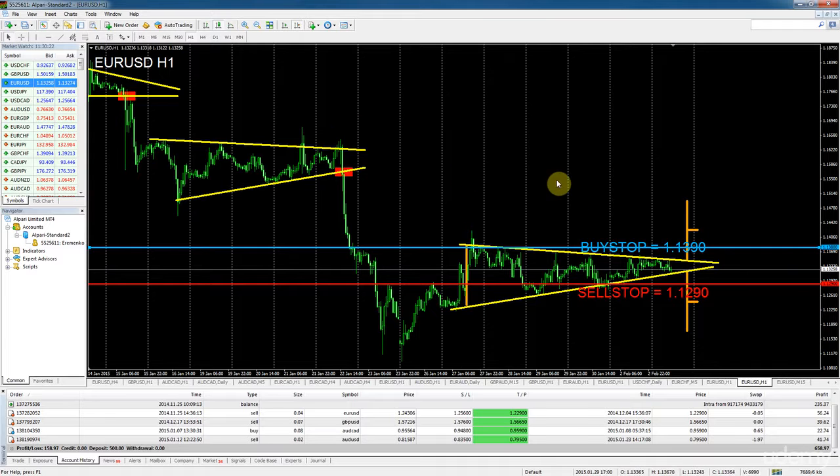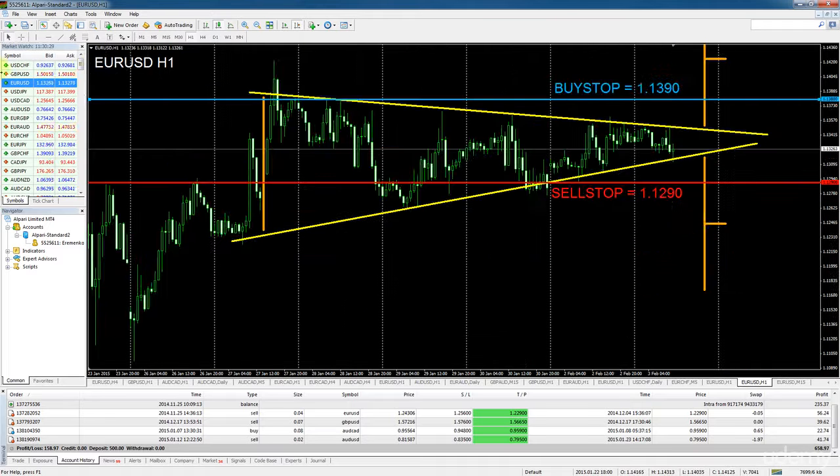That gives us a good indication that the downward trade is more reliable, and the upward trade is less reliable. In fact, you might not even want to conduct this upward trade or prepare it, because it's quite risky compared to the sell trade. But we'll do both in this situation, and we'll manage our risks accordingly. So we've got our buy stop and sell stop ready. As we discussed previously,